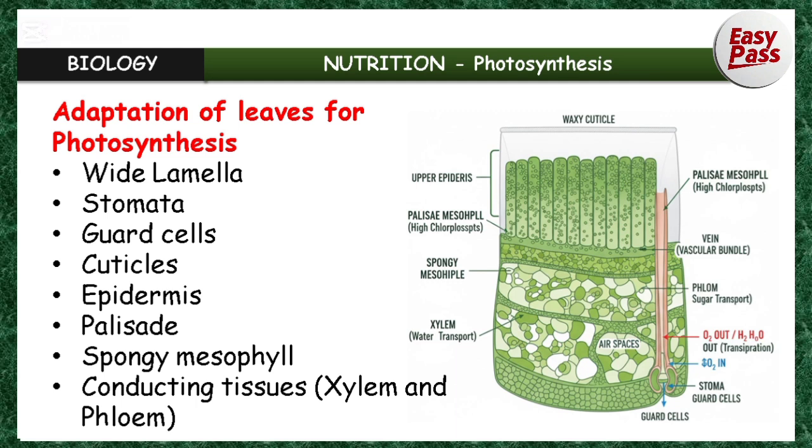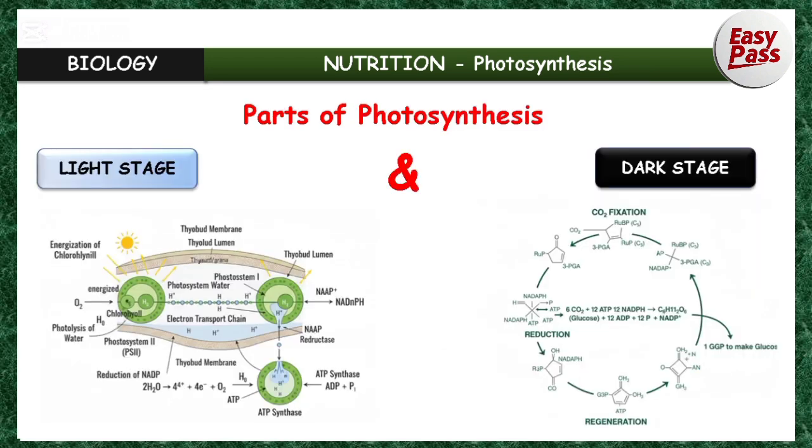Now, photosynthesis itself has two main parts. The two parts of photosynthesis are: one, a light stage of photosynthesis, while the second one is the dark stage of photosynthesis. Before we pick these two and start explaining them in detail, I want us to first of all look at what